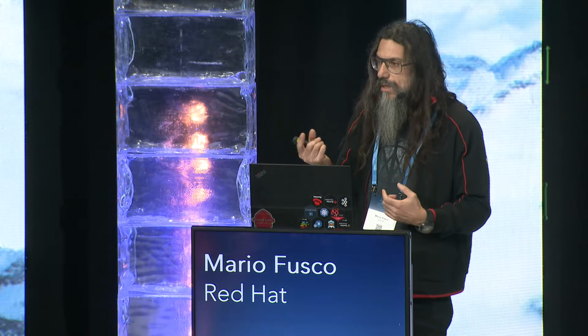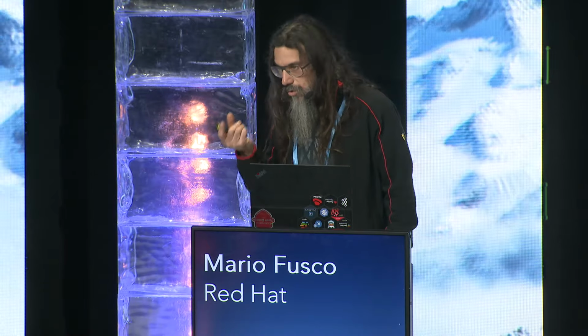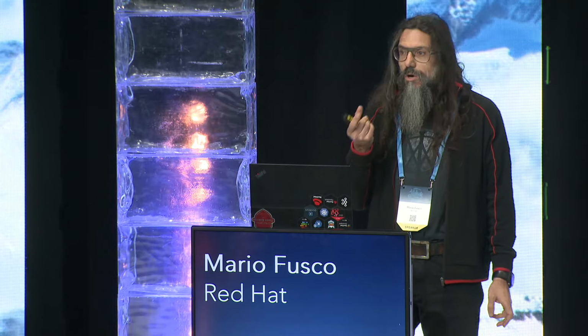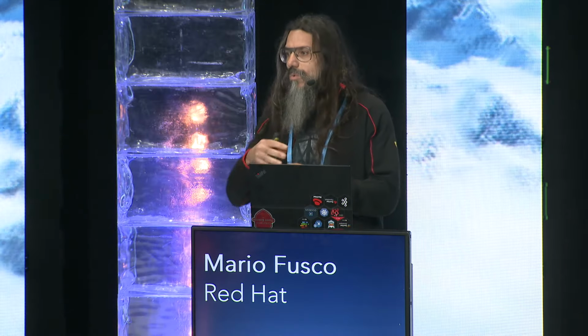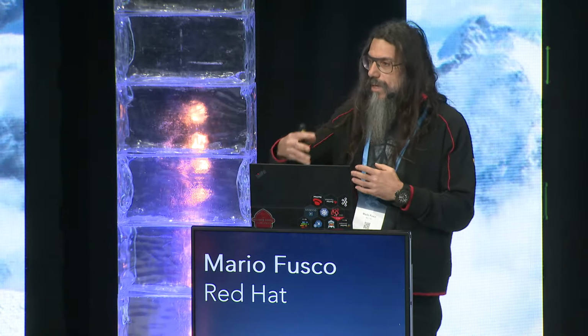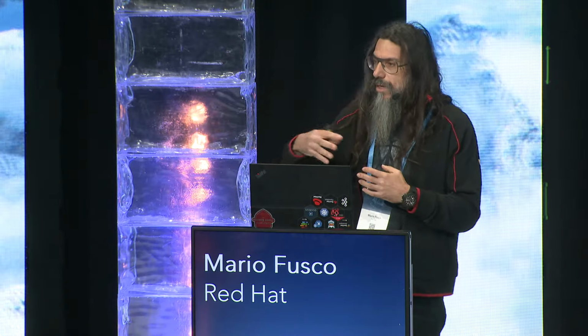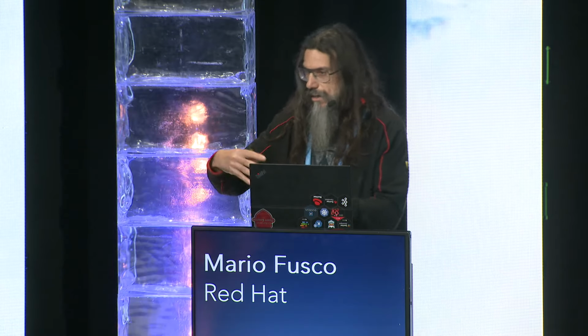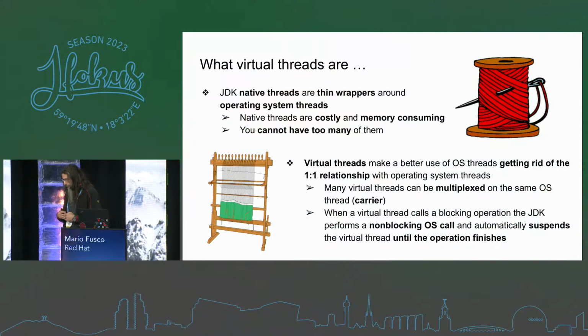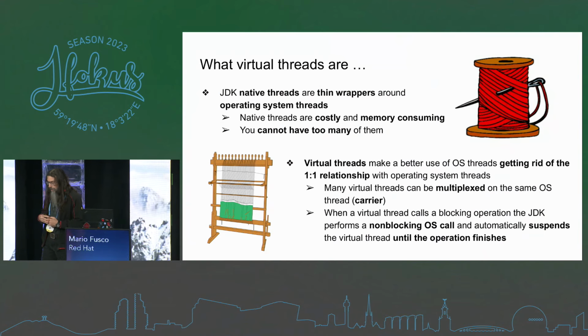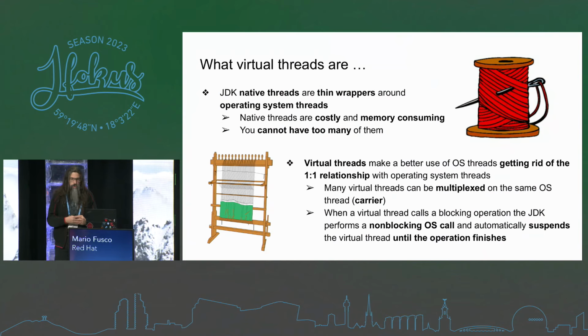In this case, the native thread is called the carrier of the virtual thread, and we have many virtual threads running on the same carrier, of course at different times. This is one feature of virtual threads. The other important feature, probably the most important one, is that they do not block, meaning that